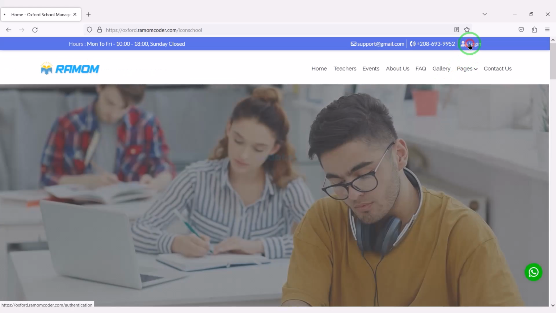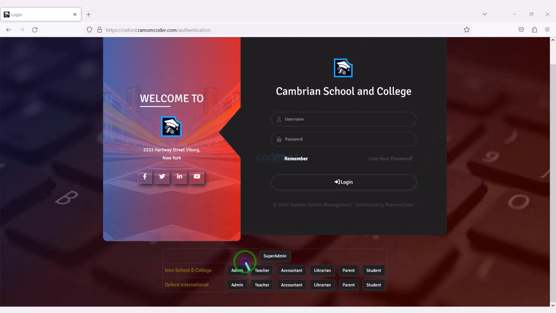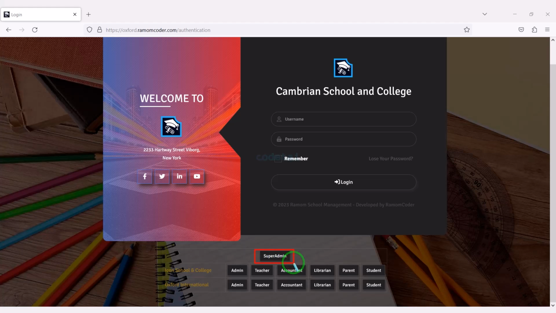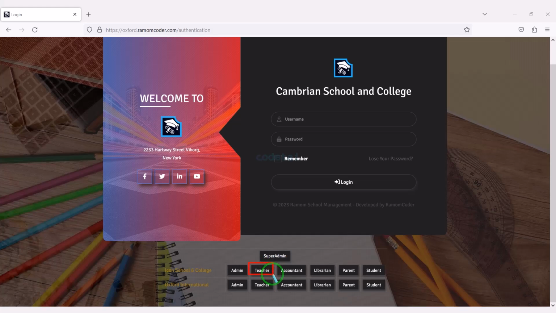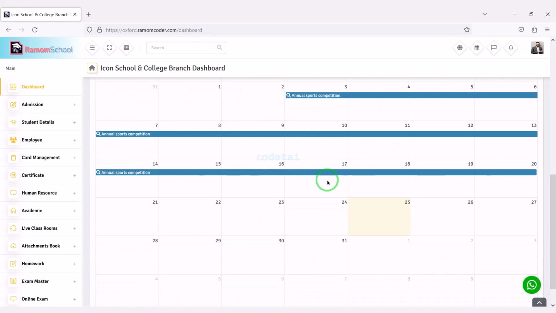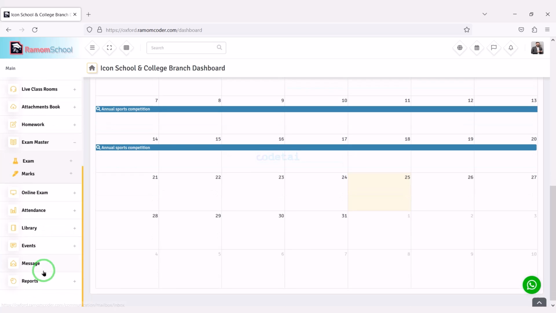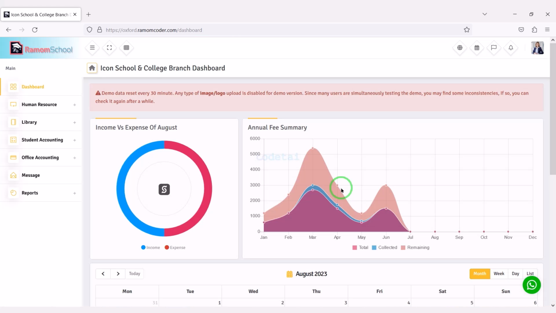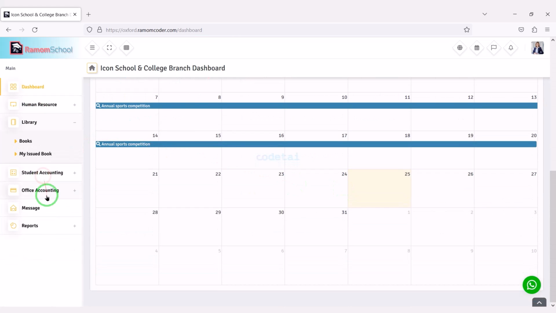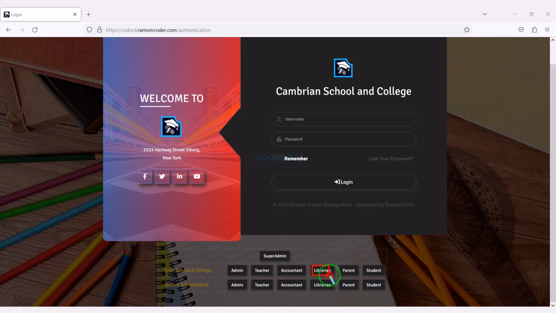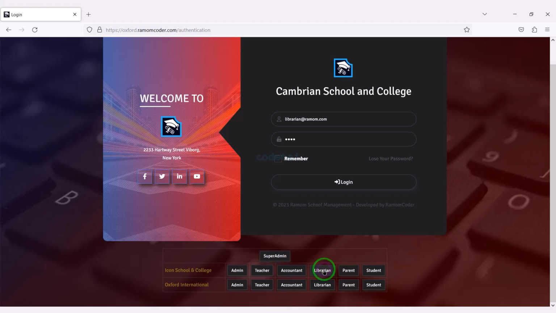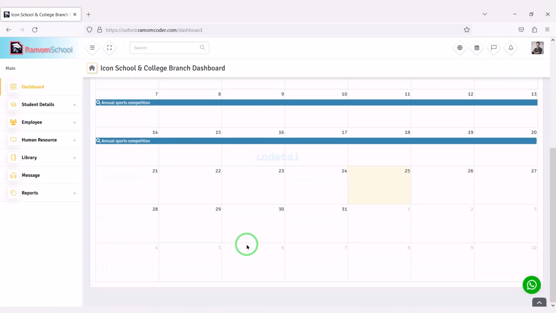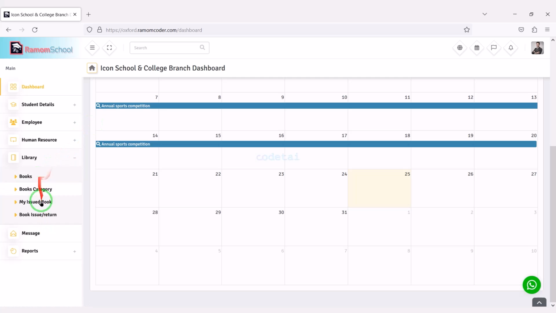Now the question is, who can use this website? We know that the features and functionalities of this website can be easily controlled by the super admin. Also, this website can be used by school teachers. School teachers are getting the most powerful account panel to control the website. Then we can add an accounting manager to the website. Accounting managers are getting the most powerful control panel to control the website. We can easily recruit librarians on the website. Librarians can easily control the website through their account panel.